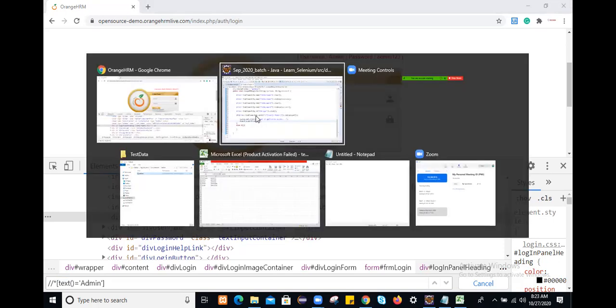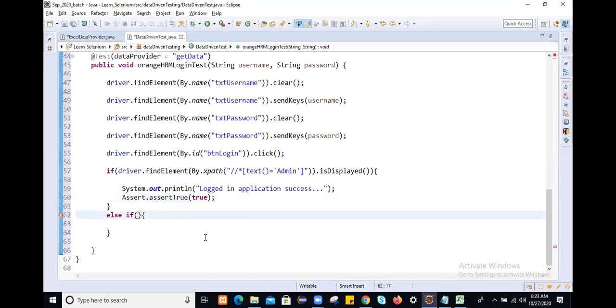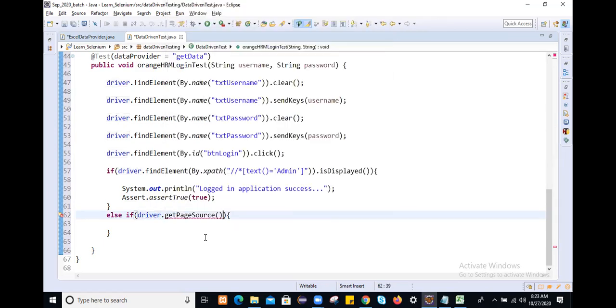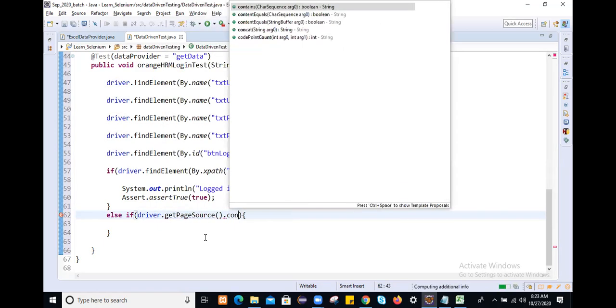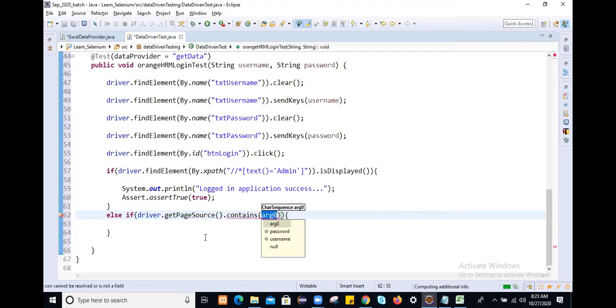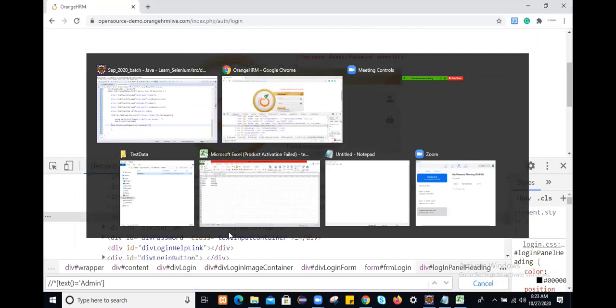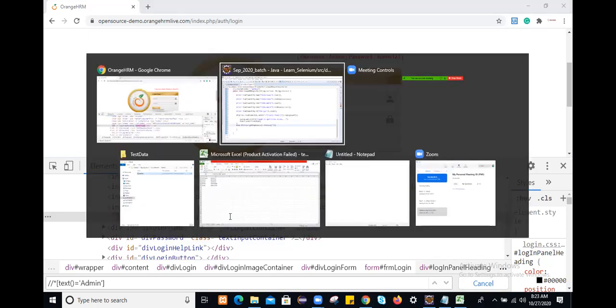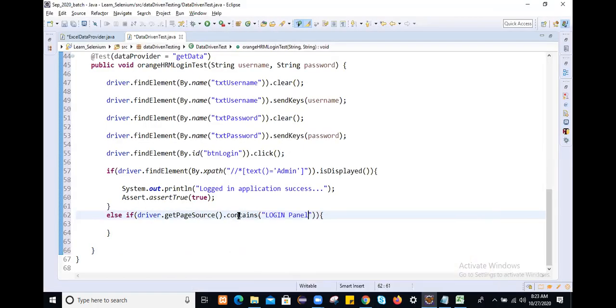So I will say else if driver.getPageSource().contains. If that page source contains login panel, it will return true. If it does not contain login panel, it will return false.